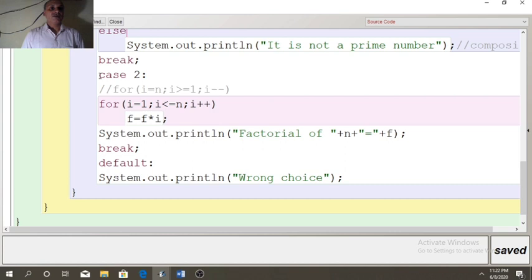Now to find the factorial of the number, for that, we have designed case 2. To find the factorial, suppose the number is 4, n equal to 4. So what we have to do? We need to multiply all numbers starting from 1 going up to 4. That is why this loop has started from 1 and it is going up to n. So when n is 4, it will go up to 4. And between 1 and 4, it will cover all the numbers. So this loop will run 4 times. Value of I will be 1, 2, 3 and 4.